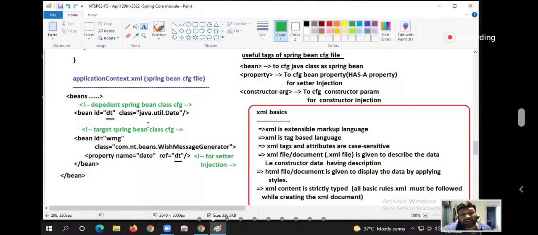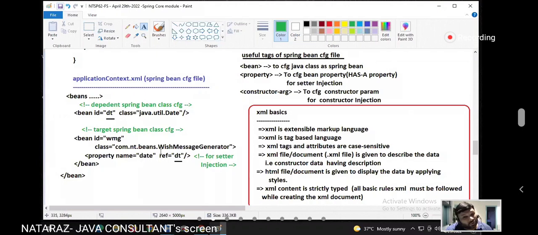Spring container, while creating. Now focus. By seeing bean tag 1 and bean tag 2, what will it think? Date is one Spring bean, wish message generator is another Spring bean. Now listen, under wish message generator a property tag is there. In the ref attribute, the date class bean ID is there.